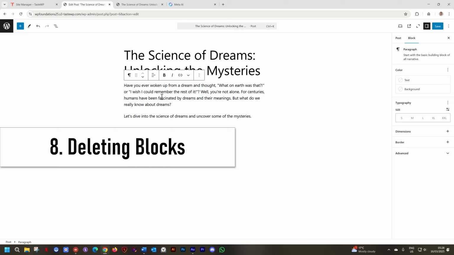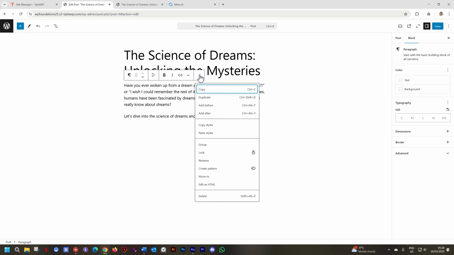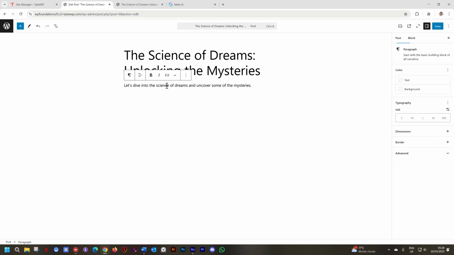Deleting blocks are also very important. Click on the block you want to delete, go to the three dots on the right, select it, and at the bottom you will find delete. And you see I have an option here, Shift-Alt-Z. You will have a different one on a Mac. I always forget this keyboard shortcut, and I'm not even sure if it works. Let's click on delete. And let's click on this one, Shift Alt Z, and it also deleted it. So it does work, and that's how you delete blocks.